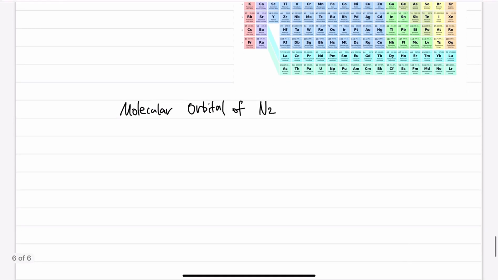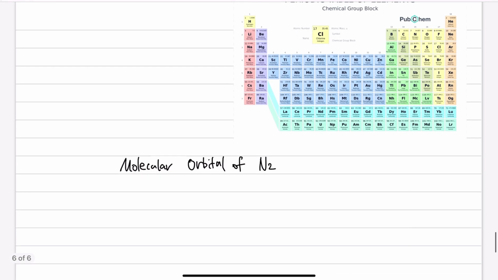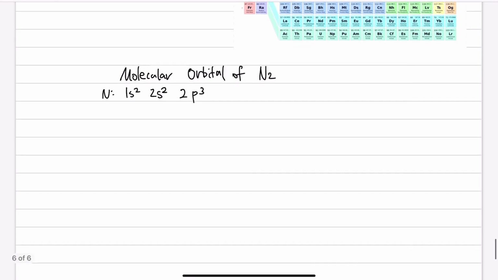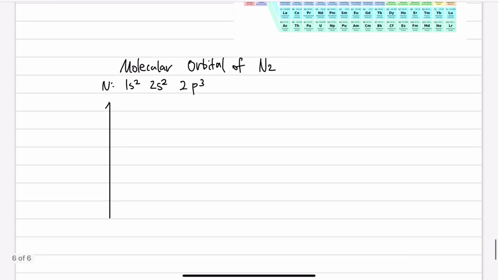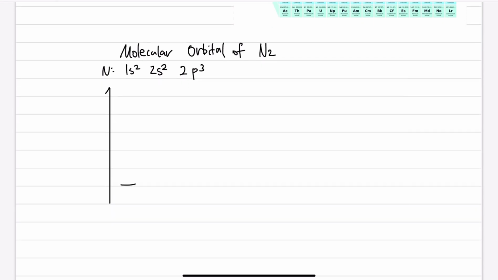So, the molecular orbital of N2. First, if we just look at the electron configuration of nitrogen, we have 1s2, 2s2, 2p3. If we draw that in terms of molecular orbitals, we can expect 1s here, and then the